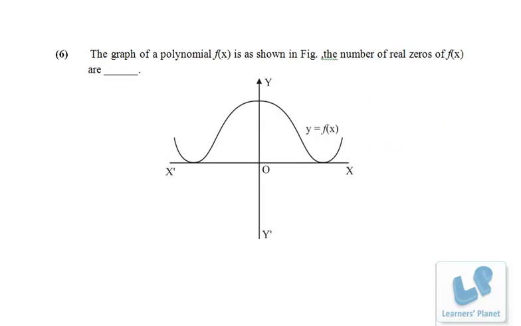Now in this graph we have to find out the number of real zeros. So it's touching over here and it's touching over here. That means this polynomial has 4 real zeros, right? 2 zeros from this touch and 2 zeros from this touch. Okay, since we are getting two parabolas, one is this parabola and the other is this parabola. Okay,